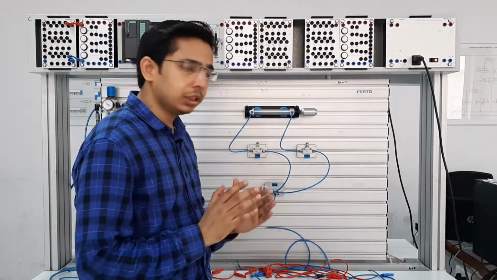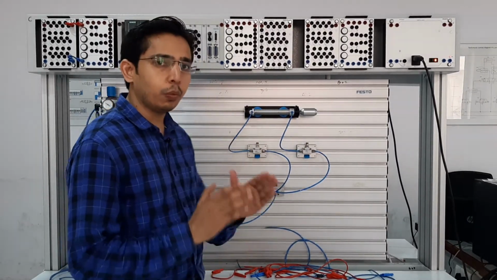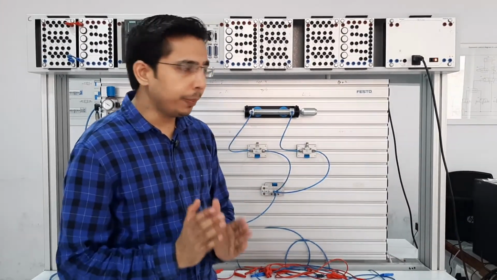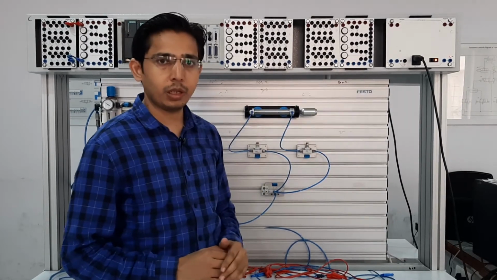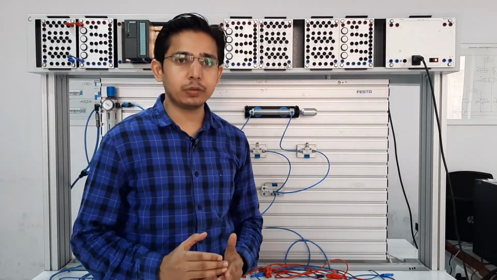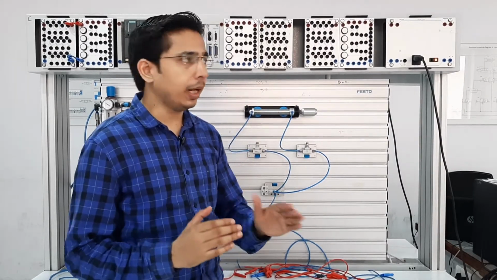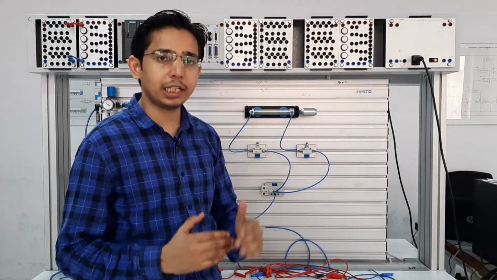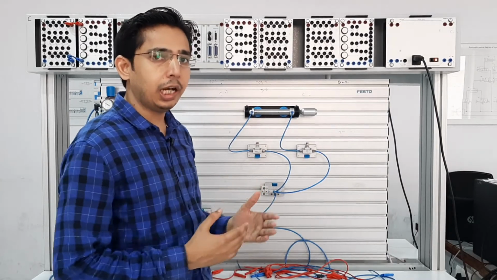So in this exercise, we are going to use direct actuation of this pneumatic system with logic gates, which is an AND gate. I will make the AND gate with the help of these electric switches. To make the AND gate, we are doing nothing but a series connection. We will connect the two switches in series. So let's see how it is done.